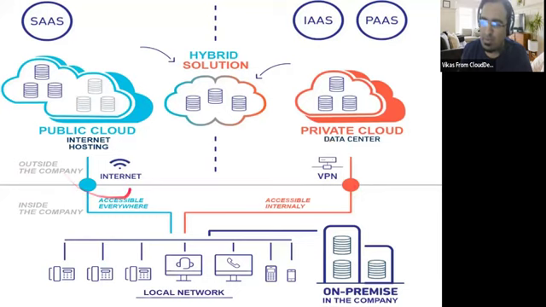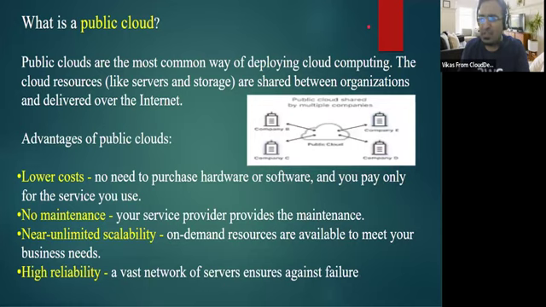Or in the public, if it's accessible over the internet, you will be able to access it wherever you are, inside the company or outside. In this, multiple varieties of models are coming: software as a service, infrastructure as a service, or platform as a service. I'm coming to that in the next 5 minutes. These are the definitions I'm giving to you. Just read them. It will be helpful for you.